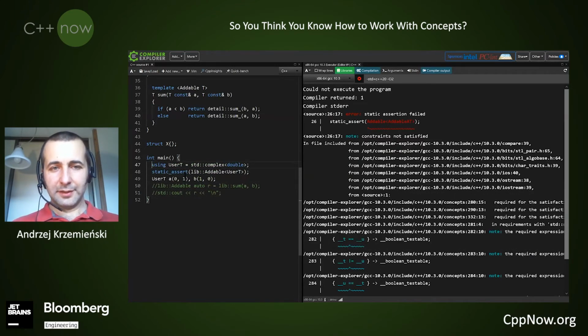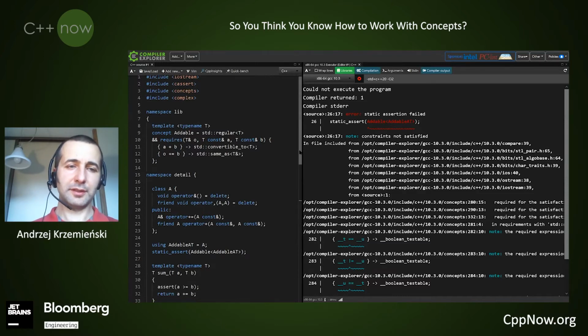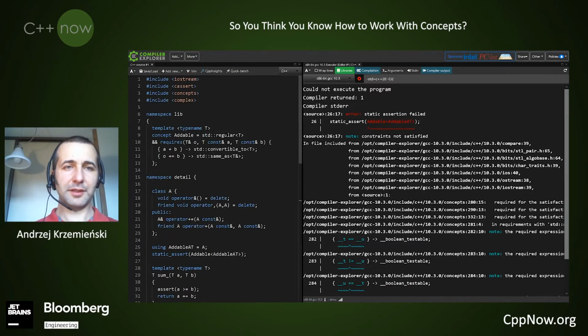And check it. And we still have an assertion failure in line 26. Yes, because we forgot about copying comparison operators, because regular is also comparable with equality and inequality.